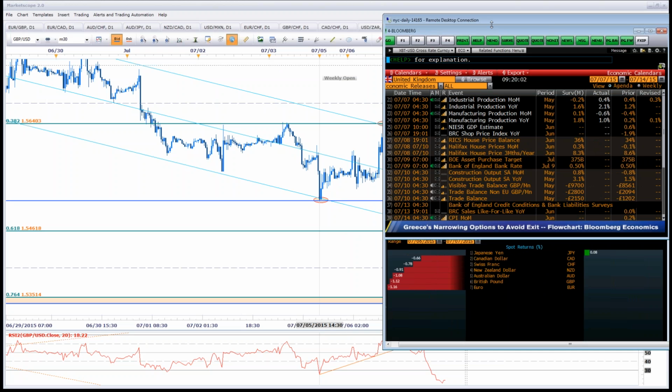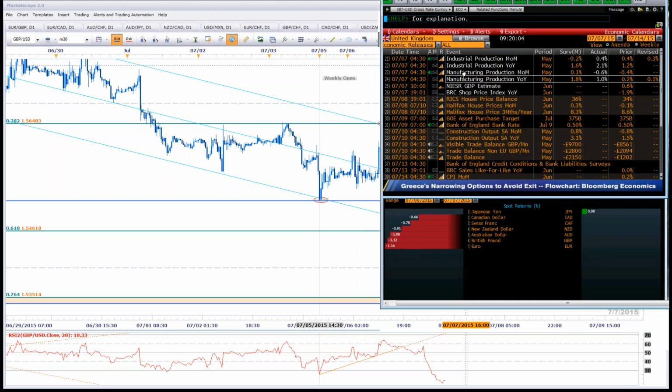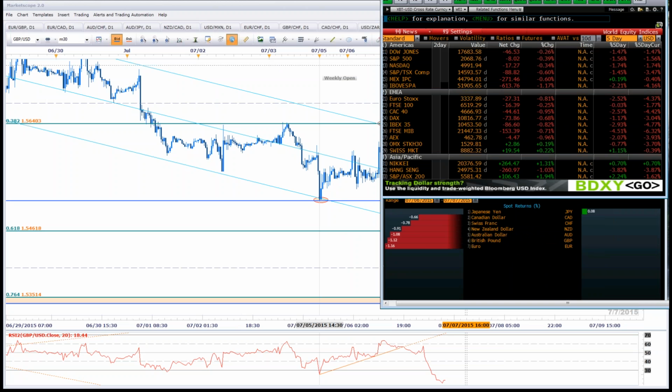And it's interesting that you got that move, guys, because I was just checking the data. Here's the data that we got from the pound earlier in the session today. We got industrial production data, which topped estimates across the board. Manufacturing production really lackluster. So you saw a May drop into negative contraction territory year over year, looking for 1.8. That grossly missed estimates as well. So mixed data here. Can't necessarily blame it on the data, but